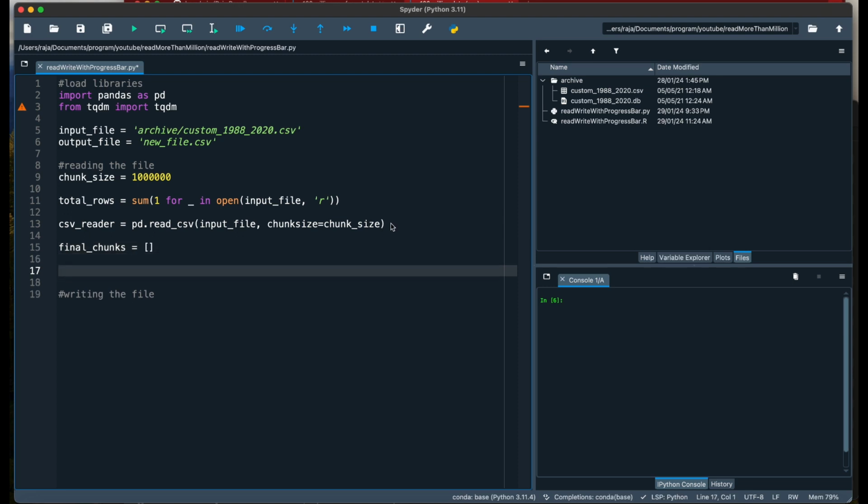For processing I'll not do anything. I just take the first column and put a string called Python. That is all I'm going to do. You can use it according to your convenience. So now let's loop through all those chunks. For chunk